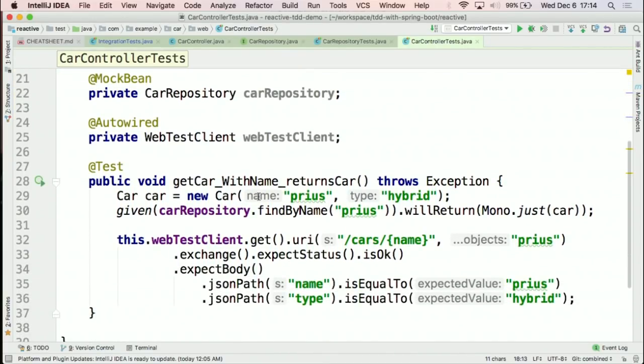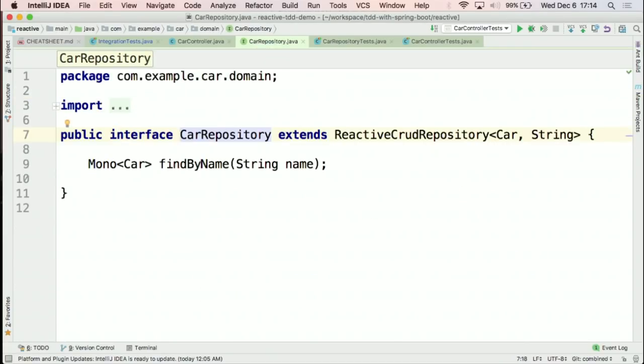So it's the same API, but it's not going to be against a real server. It's going to test your controller directly. So you can use the same API against a real server or just to test your controller directly. Yeah, and if you look at the car repository, we were getting a Mono because the car repository is returning